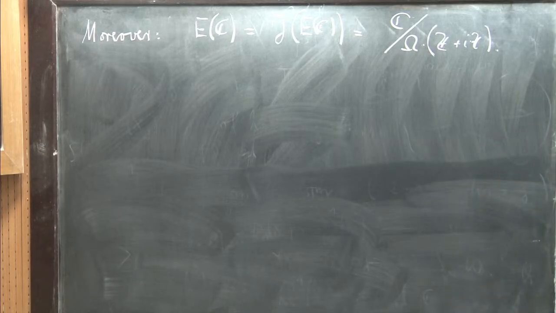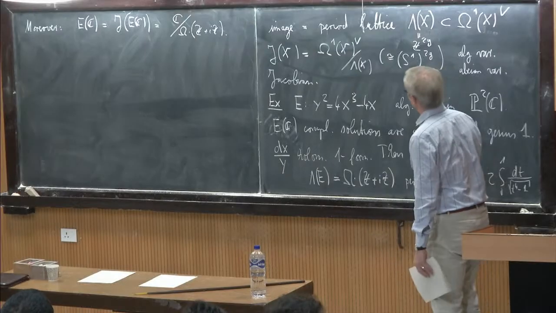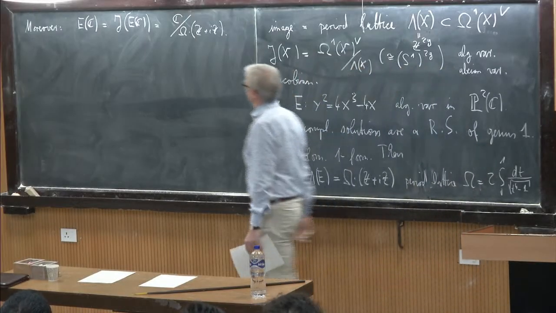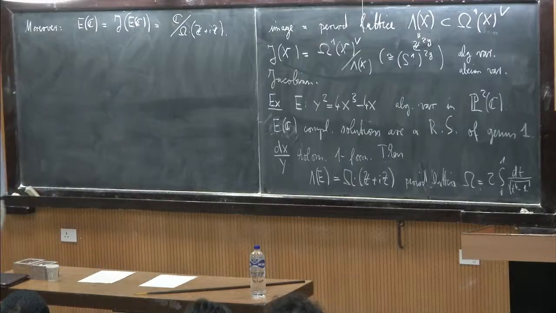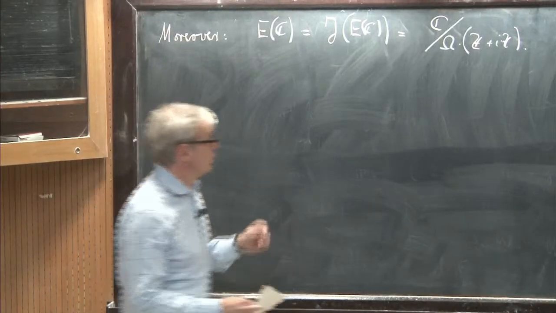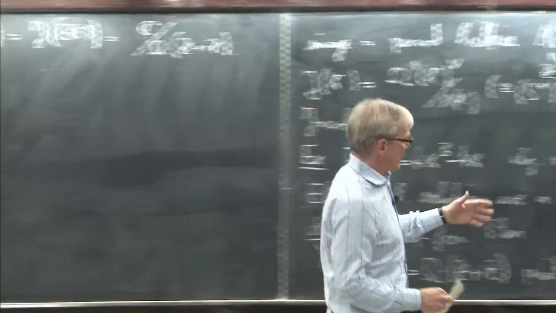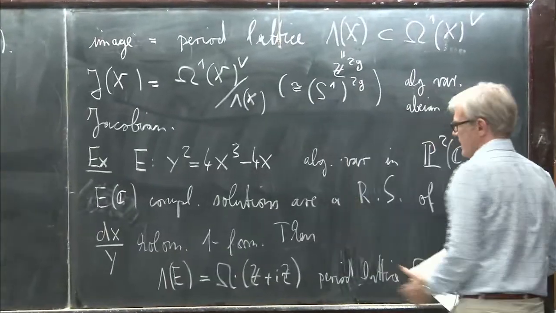So how to define now periods? What we have is a period lattice, but we just want to have one number. And so I have to explain this to you. And this is something which somehow underlies all this theory,